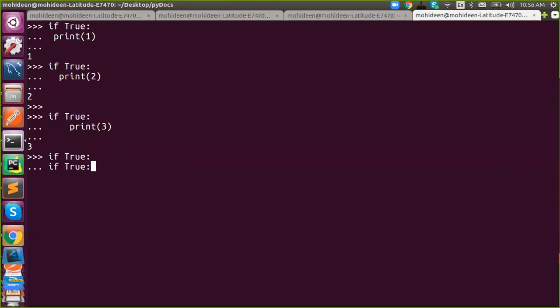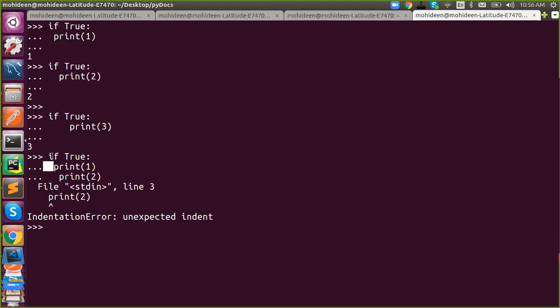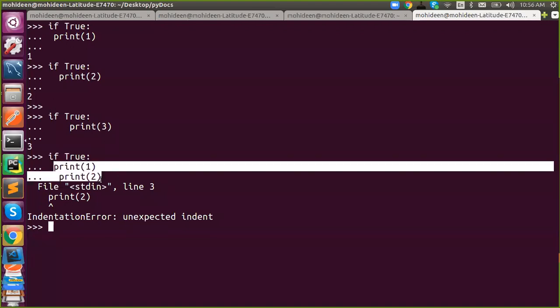Say if true, now there is a difference between this line and this line. We have one more space, so this will raise an indentation error. So here we are going to talk about what is indentation. Indentation error means the space is uneven. Whenever you get uneven space, you will face an indentation error. I said once you say colon, the next line should be indented. It is not a problem between a line which contains a colon and the line without, because this is a parent and everything else is child.